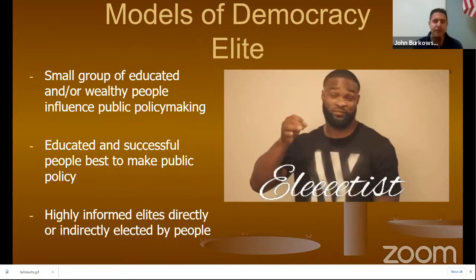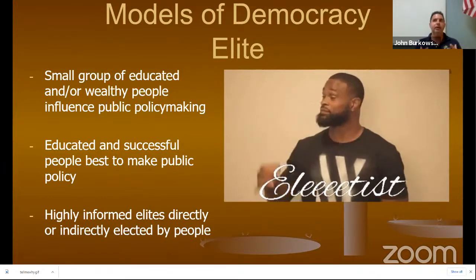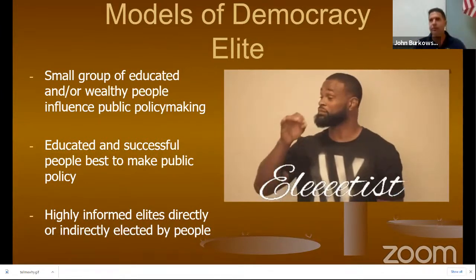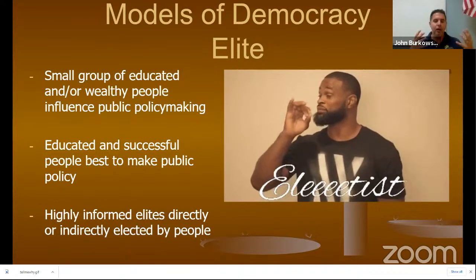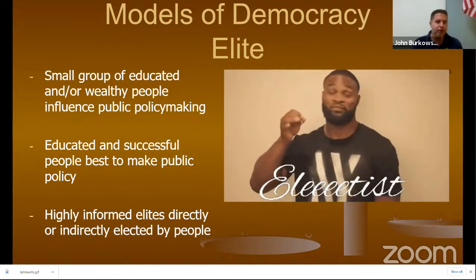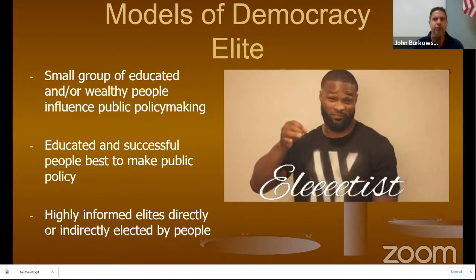They're more informed about the topics. They're more informed about the issues. And that's why they should be best involved in public policy making. Yes, can they consider the interests of the people in the interest groups? Of course, absolutely. But they know better. They know better, and there are examples of elite model democracy in our American political structure, such as, say, the